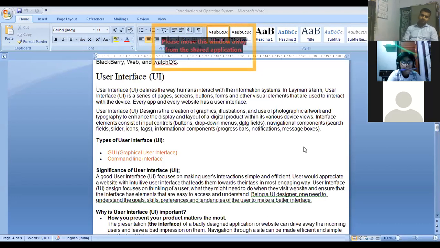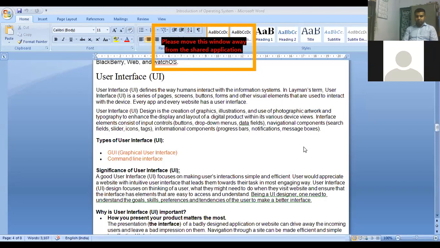Not only that, the user interface is also an essential component to provide us a shortcut way of using the entire device. Now suppose you don't have any icons on the desktop or small icons in the computer.